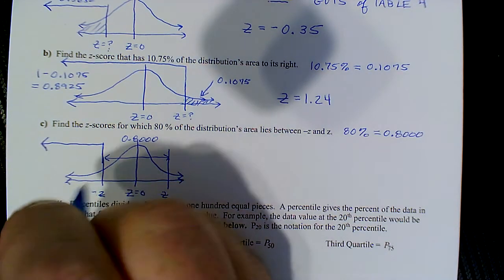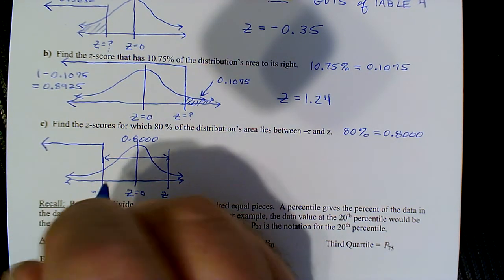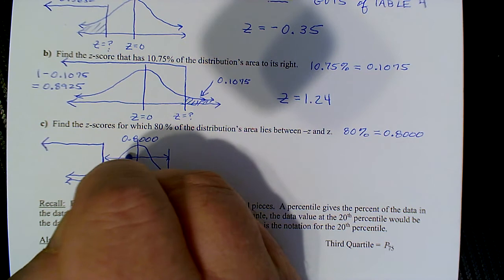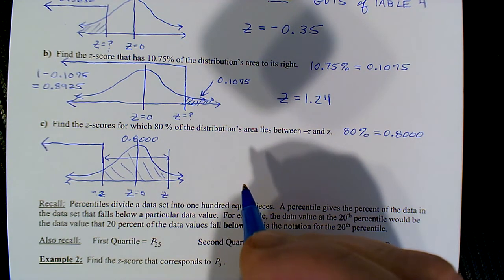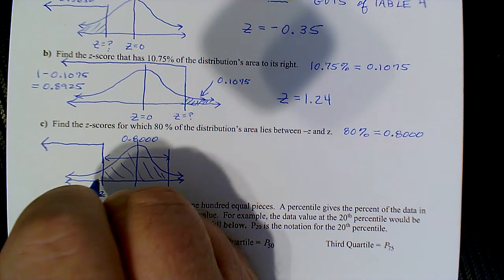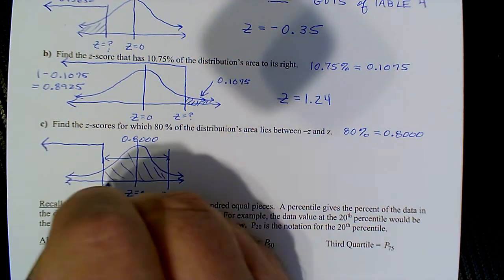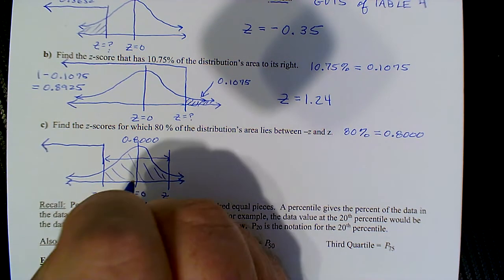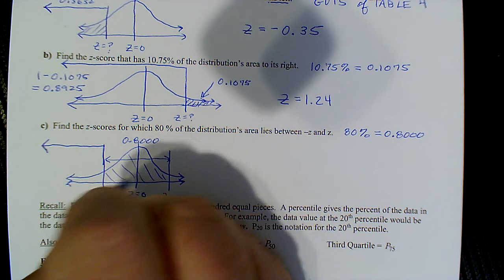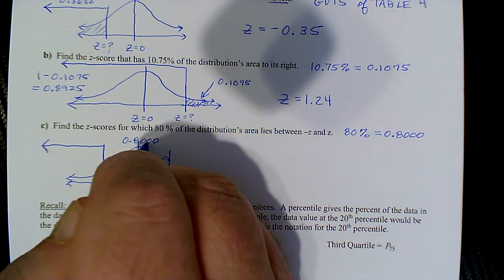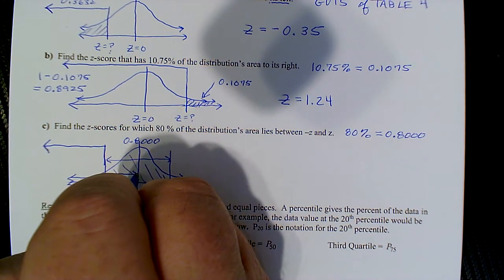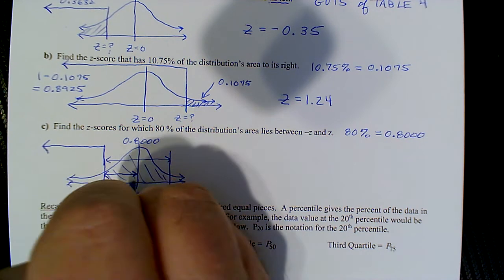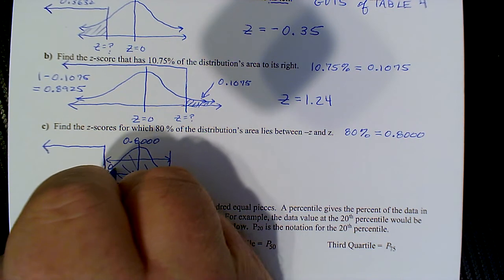And the way we could determine the area to the left of that, because we're told this is the area of 80%, is to realize that symmetrically, between the mean and either one of the z-scores would be half of the 80%. Or in other words, between negative z and the z-score of 0 is 40%,